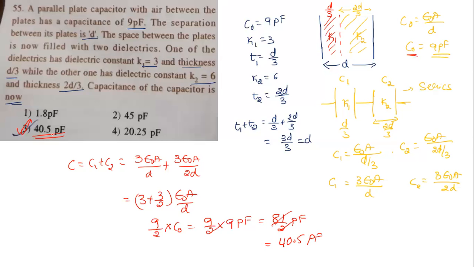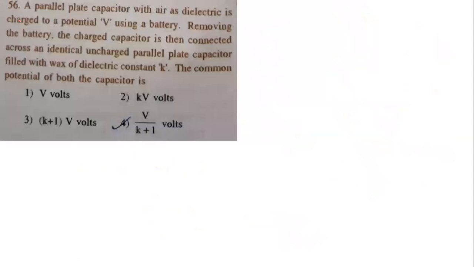So this is the same thing you need to look at when that separation is filled like that. Sir, what if the field, instead of K3, has one more medium, K4, K5? Same thing, they become a series combination. Okay, remember one idea: when they divide the distance, it will become a series combination. When they divide by area, it will become a parallel combination. Okay, that is the thing in question number 55. Look at the next question now.